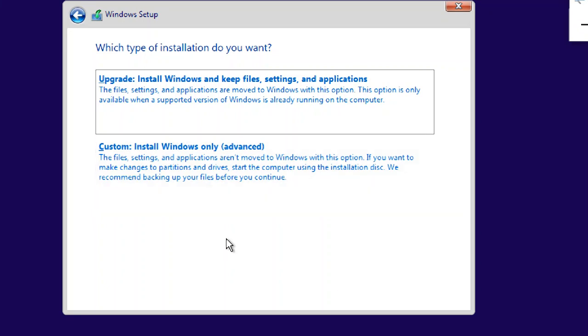The second one, custom, is for when you install freshly, meaning the system doesn't have any OS. It's a fresh machine, custom option.